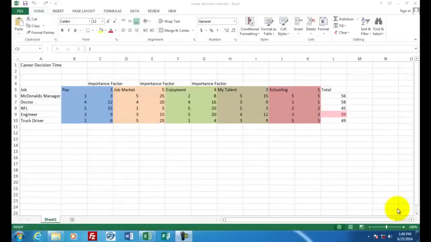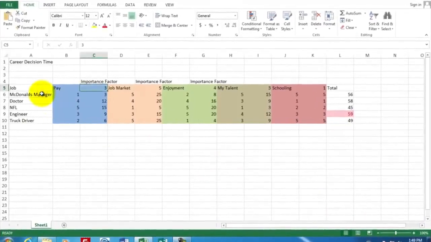Welcome to Excel assignment number 5. This is a decision chart that we're going to create using Microsoft Excel. Let's assume that you're going to choose a career based on several factors. We're going to consider several jobs here on the column A and several factors that would lead you to decide to go into that field, such as your pay in that job, the job market, which would mean the likelihood